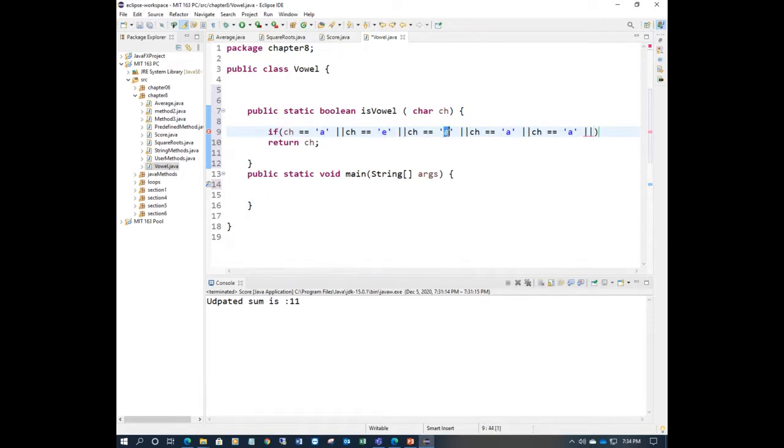A, E, I, O, U. I'm considering all as small letters. If you want capital letters, again you have to write capital letters also: small a, capital A. I'm assuming all are small, right? If the character equals A, E, I, O, U, then you say